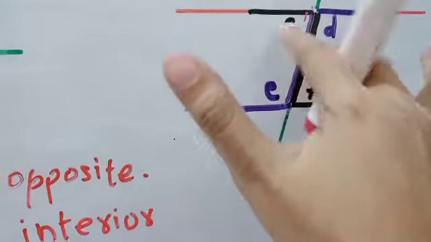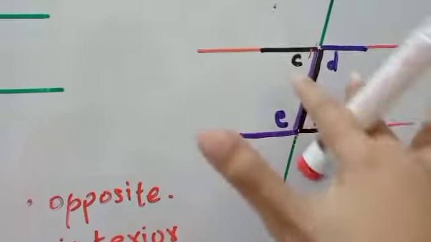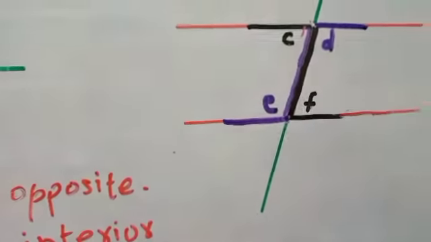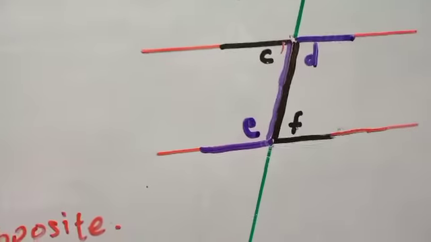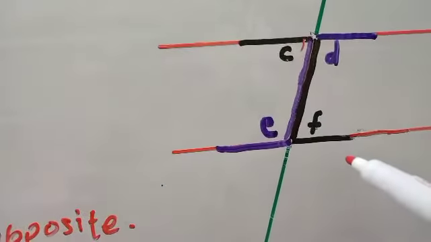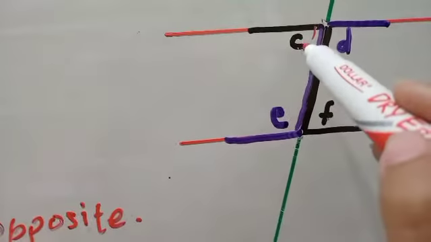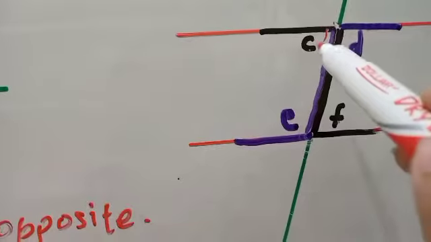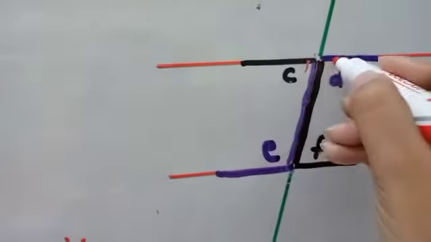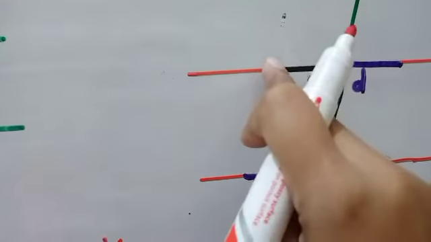Interior, yes, these 4 are interior angles. कुछ भी exterior नहीं है यहाँ पर. Okay, these 4 are interior angles. They will make the shape of Z. If you look carefully at this figure, I have highlighted Z, one in black color and the other one in purple color. So one pair of alternate angles is C and F, because this is making Z. That's why it is an alternate angle. It is making the shape of Z.